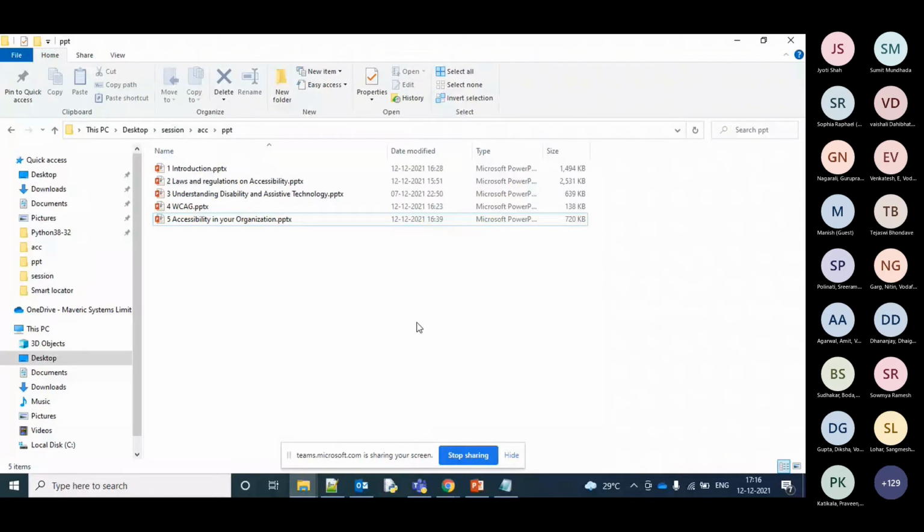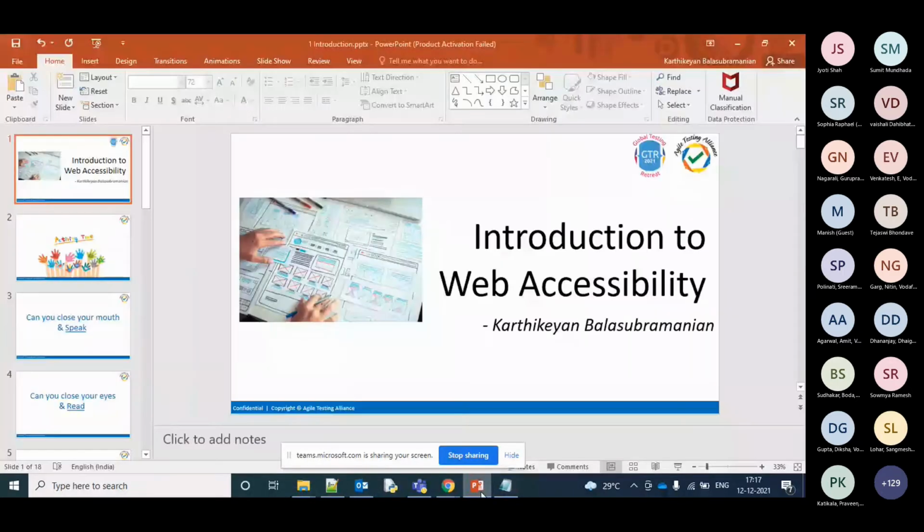We'll try to understand more about the types of disabilities and the disabled people we will be working for in accessibility. Then we'll look into WCAG, which are all the test cases we'll be testing for whenever it comes to accessibility. Finally, I have a few pointers and tool recommendations on how you can integrate accessibility in your organization and what steps need to be done. So first, we'll try to understand why accessibility and what the test cases are, then how we can implement it. And feel free to stop anywhere, anytime. We'll be happy to answer your doubts.